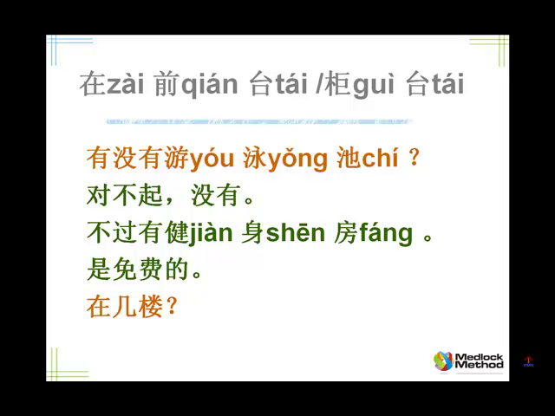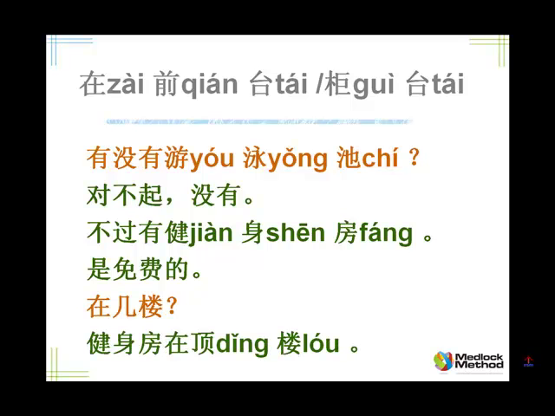And in this case, it's on the top floor. Can you tell us the top floor, 邱老师？ 顶楼。 顶 means top. Top floor. Tell me, it's on the top floor. 健身房在顶楼。 Of course you can say 在顶楼。